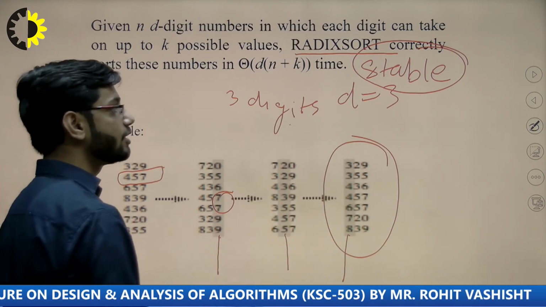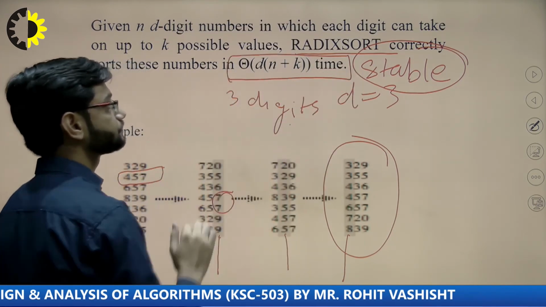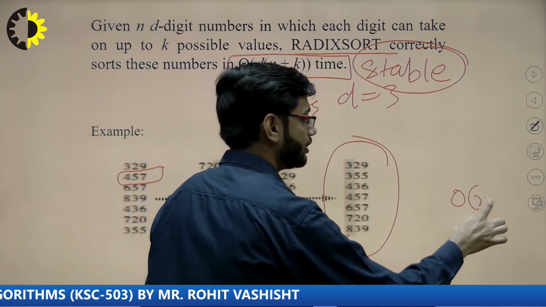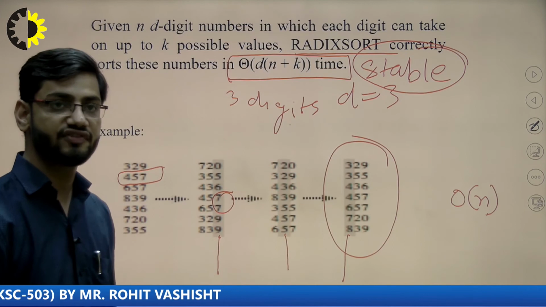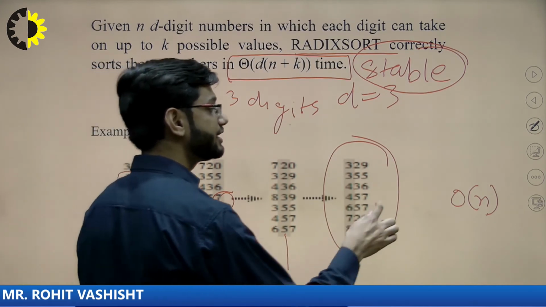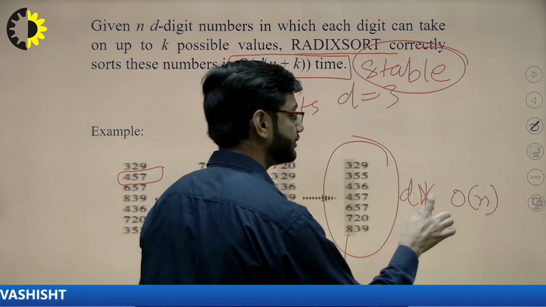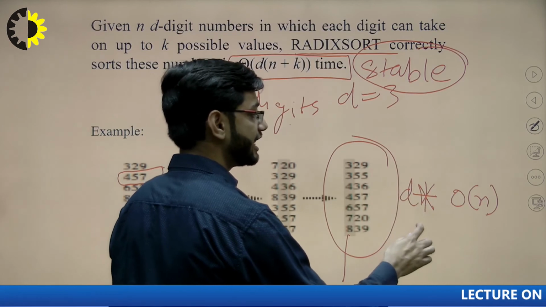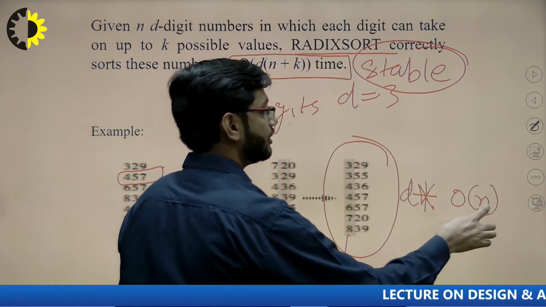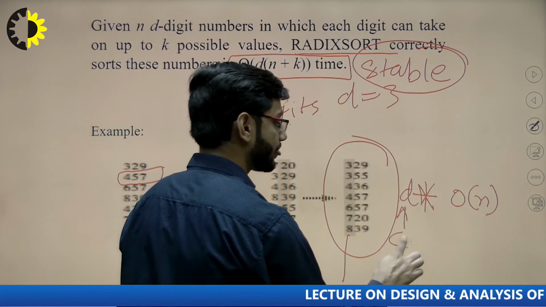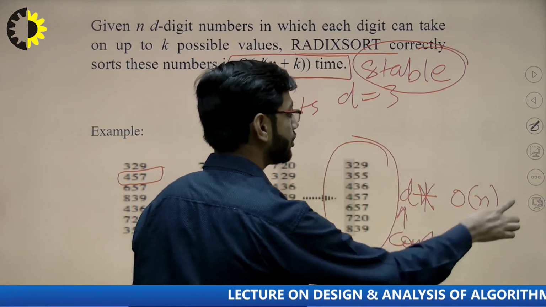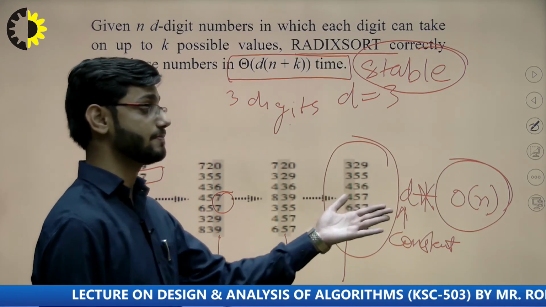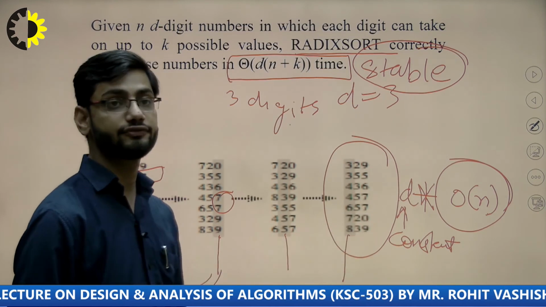And again the time complexity of Radix sort: because you will be applying the stable sort, which is taking order of n time, and you are applying it how many times? Multiplied by d digits, the number of digits, that many times we are applying it. That's why the time complexity is d into n, and d is a constant which will not change. So the overall time complexity will vary according to the input size, that is n. So again the time complexity of Radix sort is order of n.